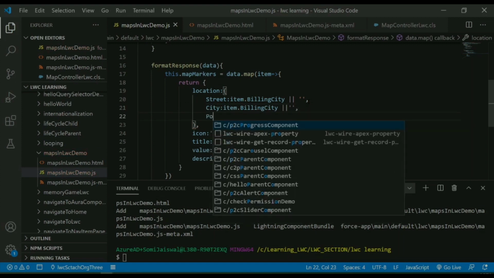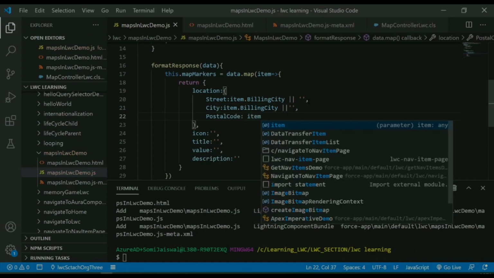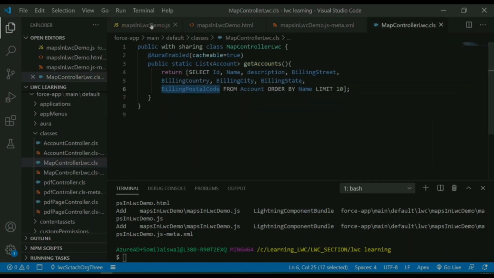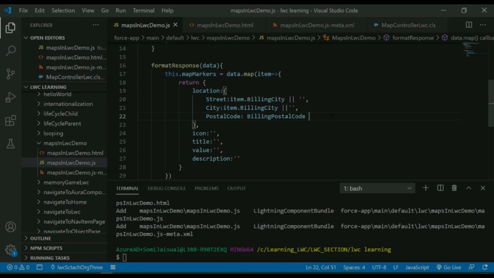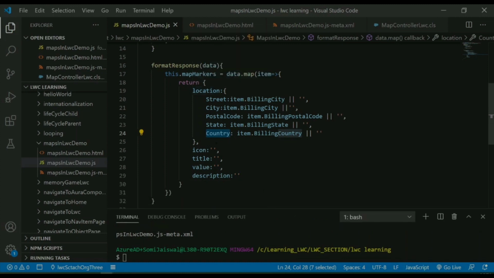Then the third property is postal code. It's coming in the form of item dot billing postal code, and if you want to make sure whether it's coming in or not, you can check it here. So we already have the billing postal code. If it's coming, well and good, otherwise keep it as empty string. Apart from that, we have state and country, so we're gonna do the same thing for state and country. So item dot billing state, item dot billing country, and the name of the key should be in the same casing and the same letters,